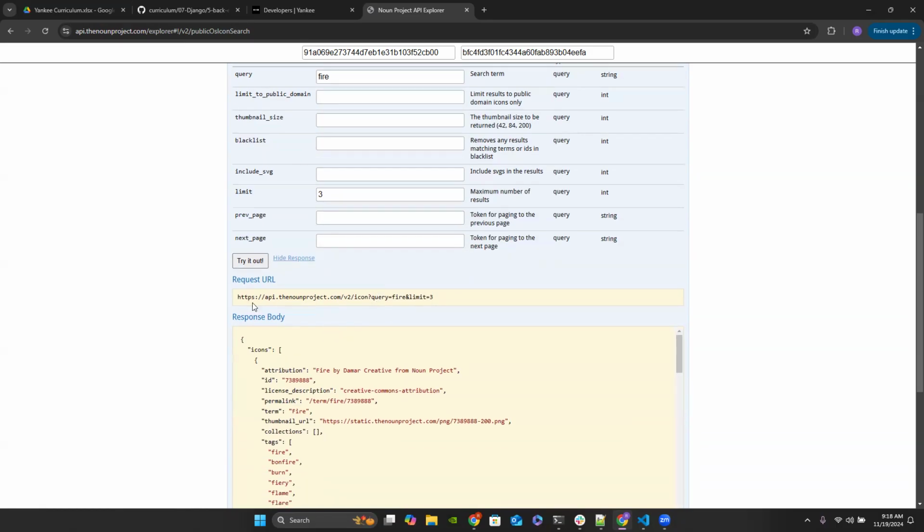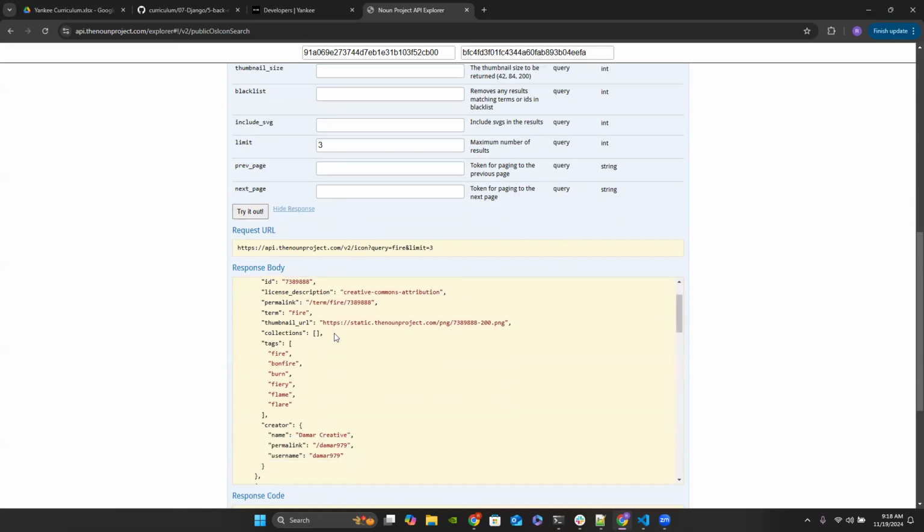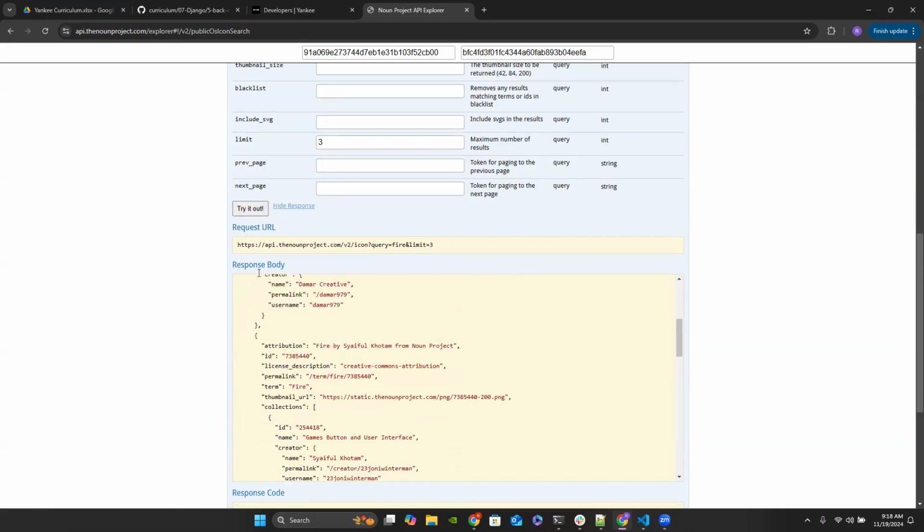Notice here that the URL changed a little bit. We have v2 icon, and then after icon, there is a question mark. That question mark essentially is the start of a query. And we see here the query is equal to, well, what are we querying? We're looking for fire. And then we added another parameter in here. So we added the ampersand and then added the new field, which is limit, is equal to 3. And that was able to return to me 3 different